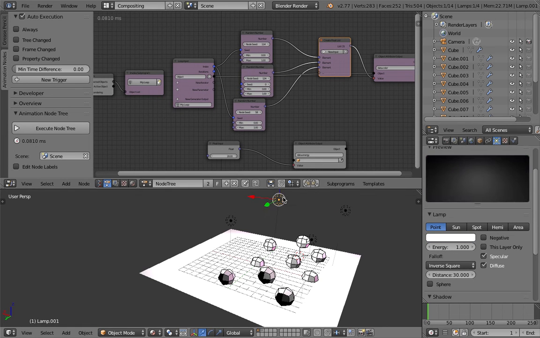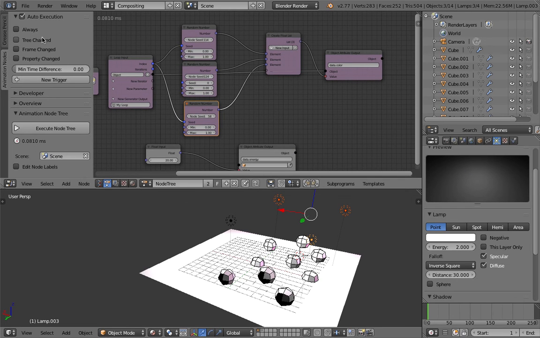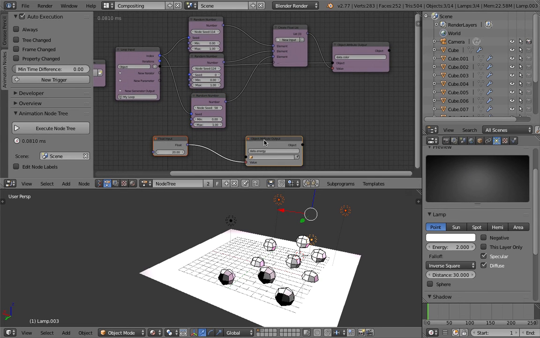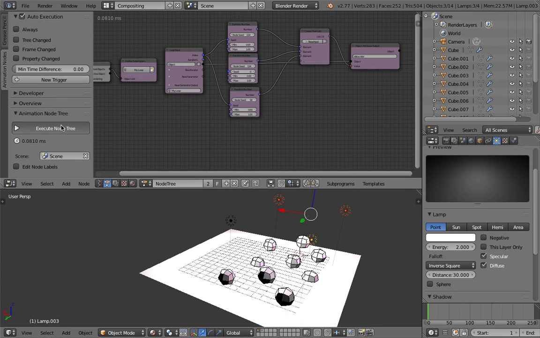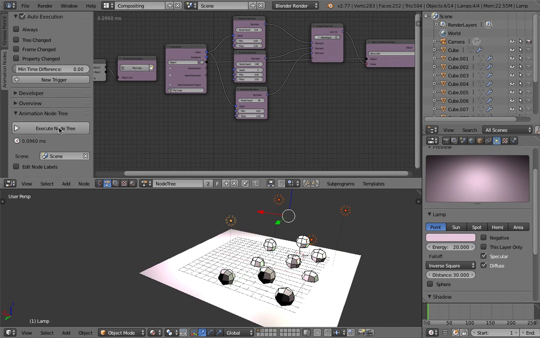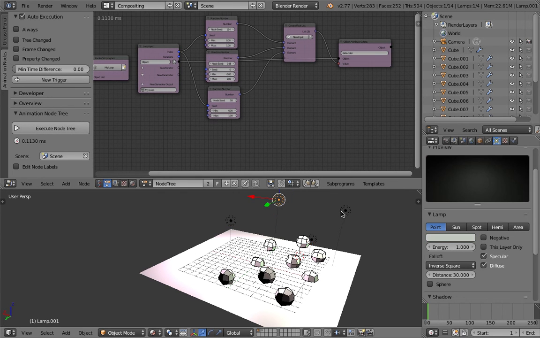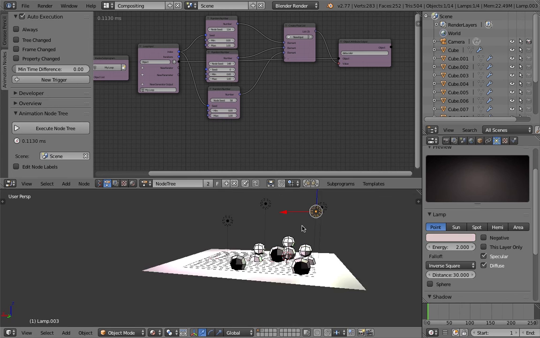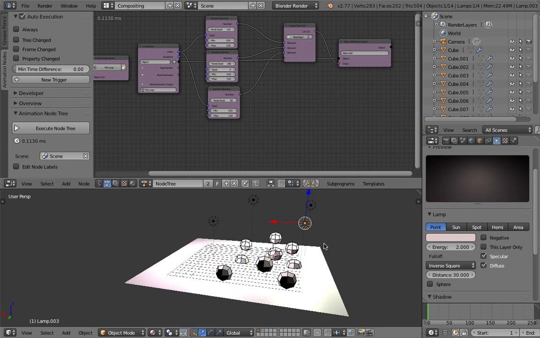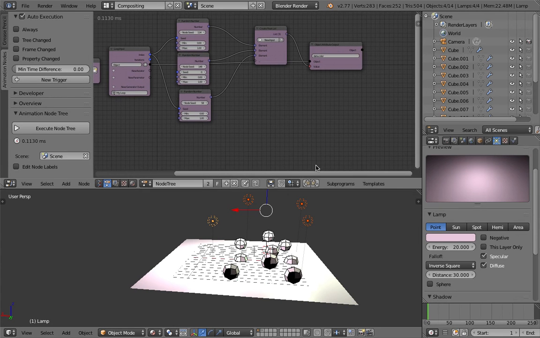Did I have it selected for selected objects? Execute node 3. Okay, now it's actually doing it. Random color of lamp every time I execute it. This is not